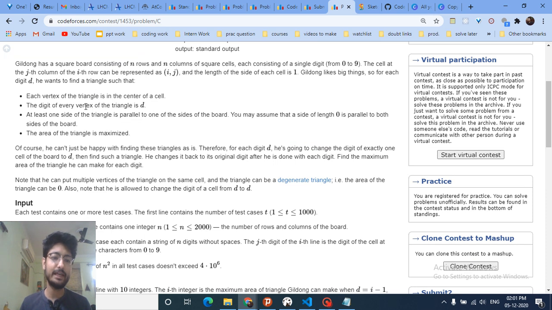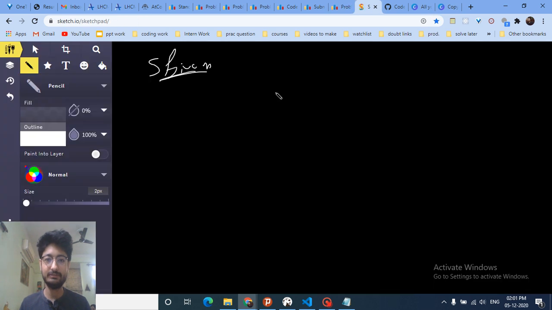The digit of every vertex of the triangle is d. So if you're forming a triangle with 2, then all the digits which you are taking as triangle vertices should be 2. I'll make you understand more with the drawing. And at least one side of the triangle is parallel to one side of the board. So as you can see,